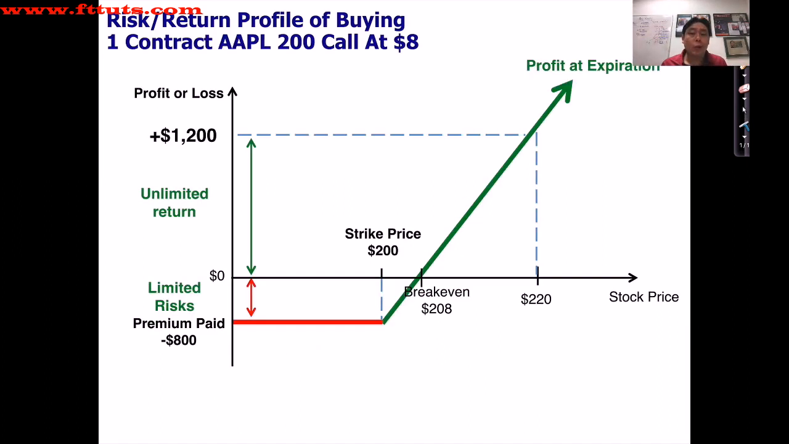Let's take a look now at the profit and risk profile of buying a call option instead. At first glance, what do you notice? That it's no longer a straight line, like the shares were. Now your downside is limited. Why? In this scenario, we are buying